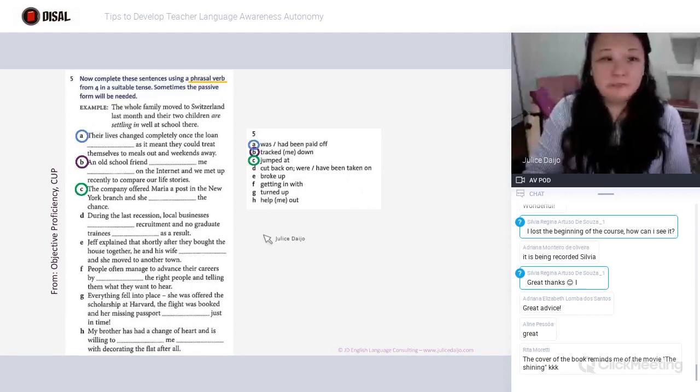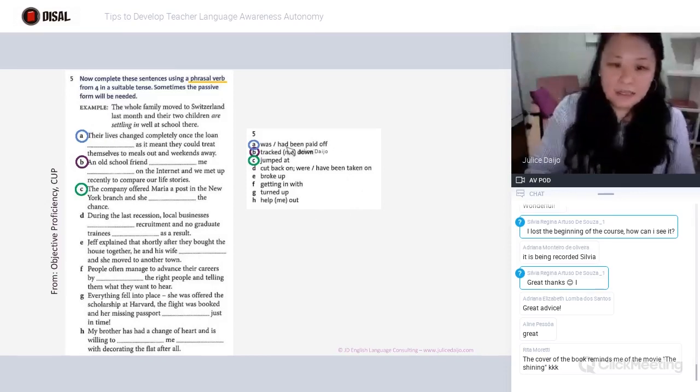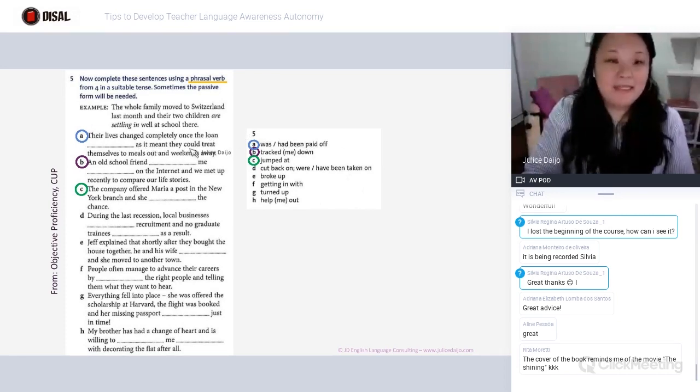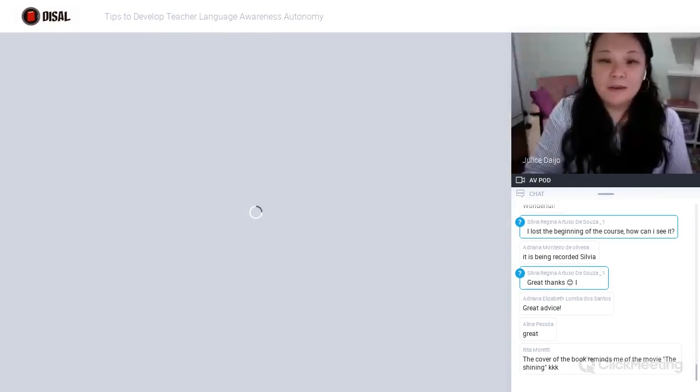This is from Objective Proficiency, and it's a simple fill in the blanks exercise. You have to fill in the blanks with phrasal verbs. Here on the side, these are the answers. So technically, letter A, the answer is had been paid off. Their lives changed completely once the loan had been paid off, as it meant they could treat themselves to meals and weekends away. Okay, so question is,